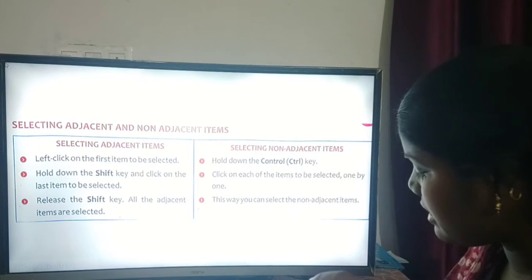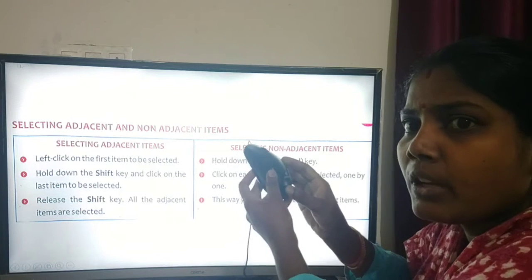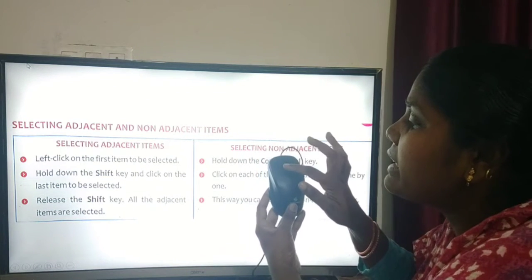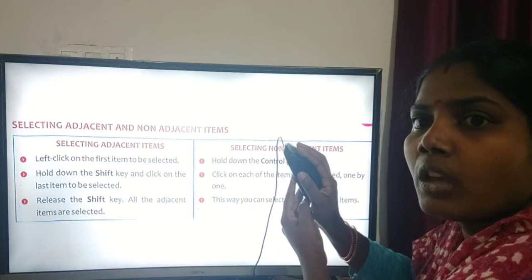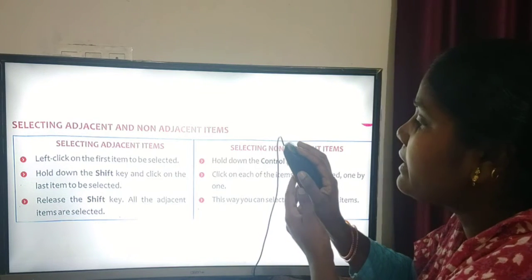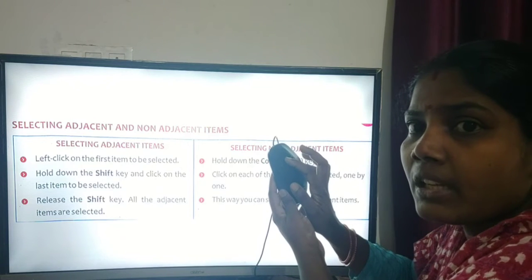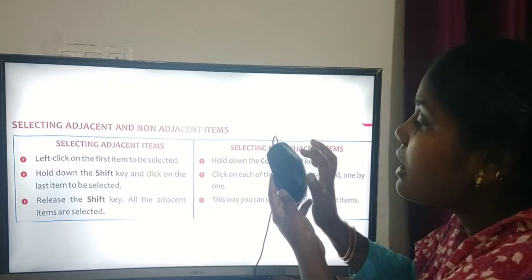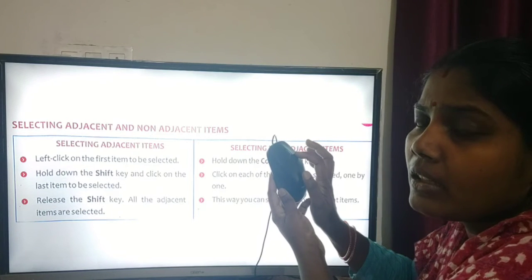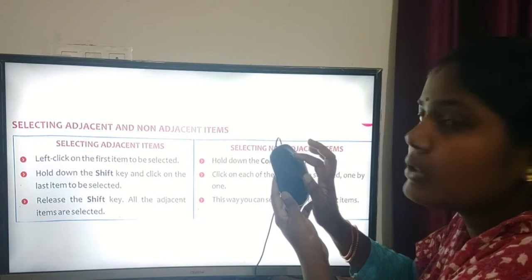This is our mouse. We hold the mouse like this, and this is the left click button, this is the right click button, and this is the scroll.